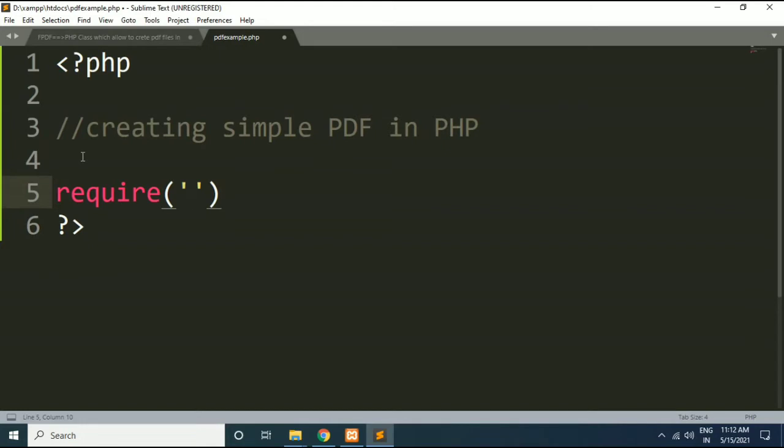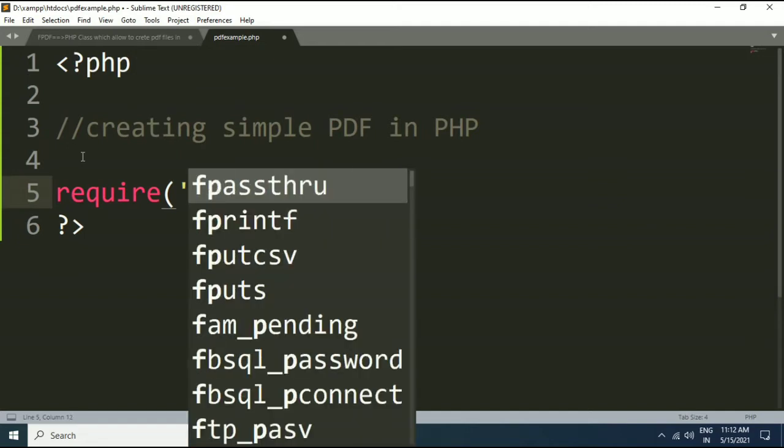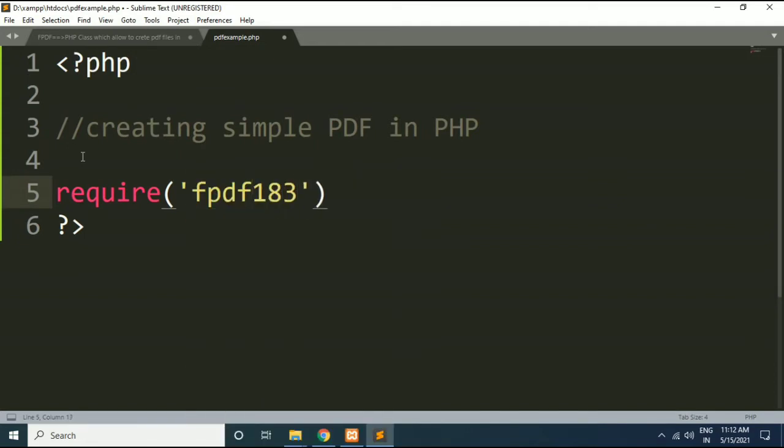It is available within the htdocs fpdf 183 directory. So I will write here fpdf 183 / fpdf.php.